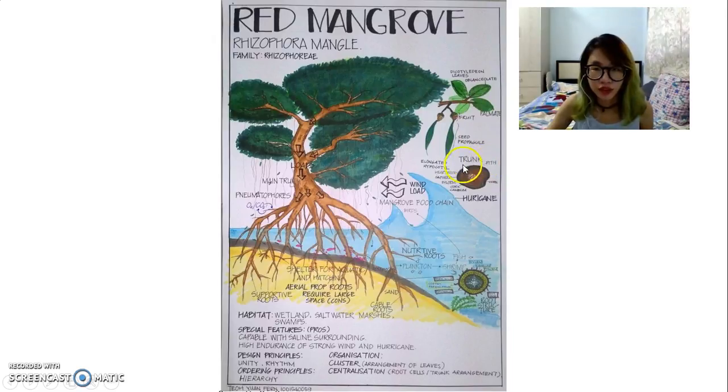And this is the structure of the trunk, which the center is called pith, and followed by hardwood, sapwood, the phloem that transfer nutrient, and cork cambium that separate the cork from phloem, and the other small part called